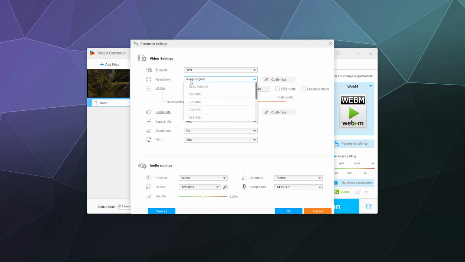And for resolution, I'm going to want to bump that resolution up to 1920 by 1080, because this is capable of not just converting videos, but enlarging videos. For bitrate, it does smart fit, but you can go to variable bitrate mode and lossless to make sure that it's a high quality video. You can also just dial up this little knob here at the bottom to make sure that it's the highest quality video